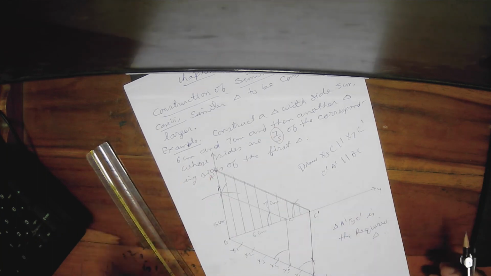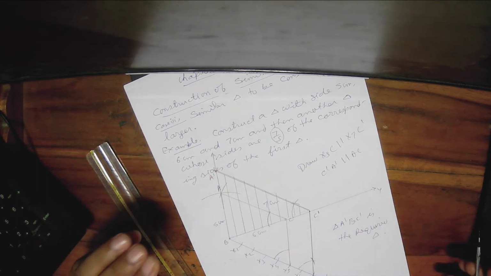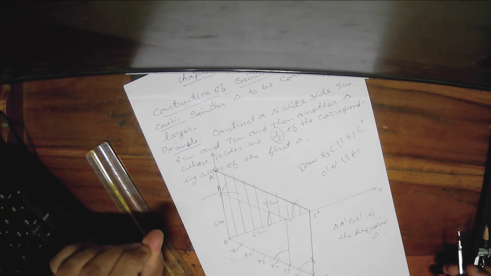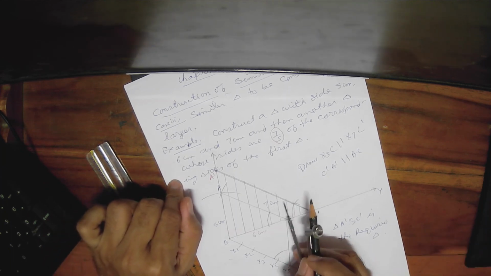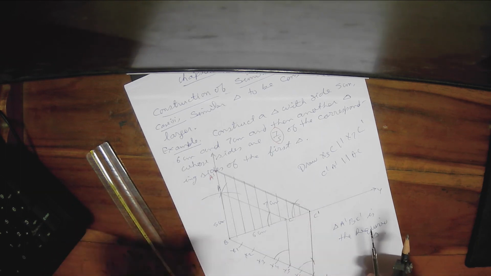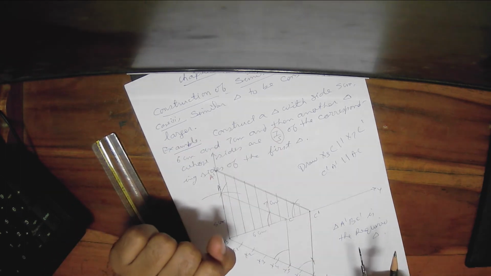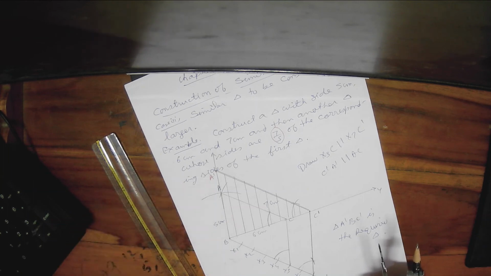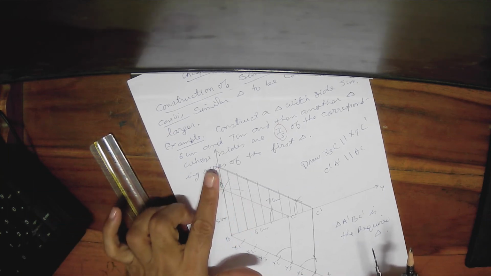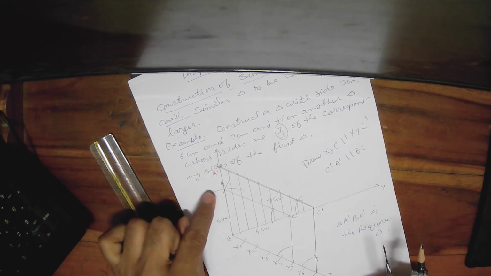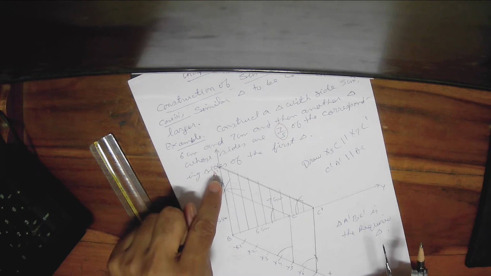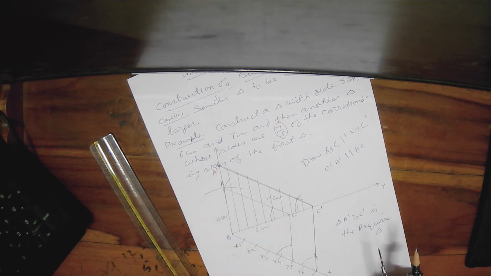And how can you know whether the triangle which you have obtained is correct or not? First of all, these two should be parallel, and here also these two should be parallel. Next thing is that because our fraction is 7 by 5, which is larger than 1, so our required triangle should be bigger. Here you can see that the required triangle is bigger than the original triangle. Original triangle is ABC, but required triangle which you have got is A dash B C dash, and that is bigger in size.